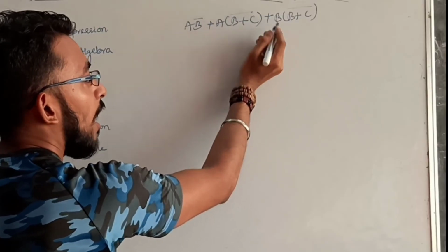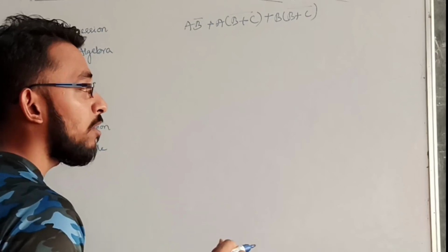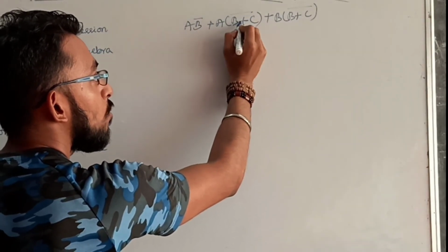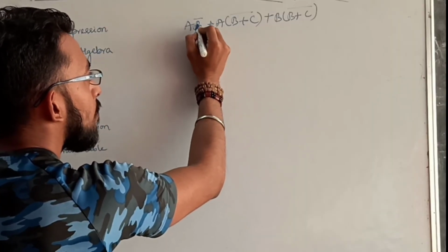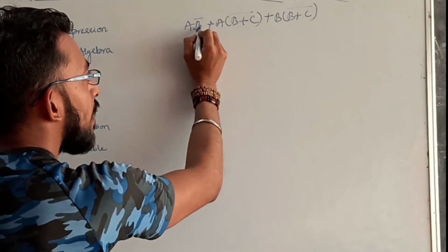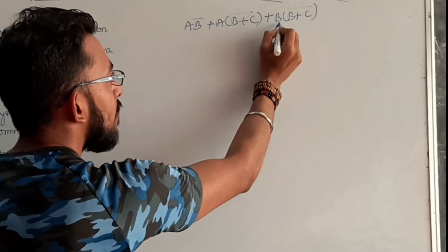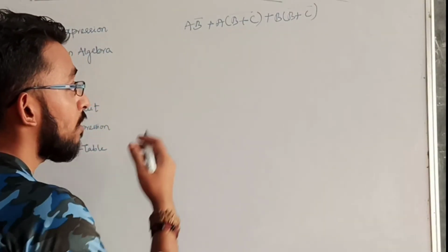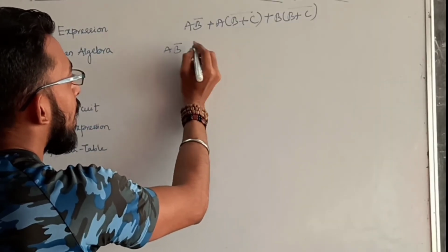One is this one. You can use AND, NOT, or you can use NAND, NOR. This is one gate B plus C, and there is one NOT operation. 2 gates. They are ANDed. 3 gates. Here it is one B bar, 4 gates. Here they are ANDed, 5. Here they are 6, 7, 8, and 9. So there might be 8 to 9 gates that have been used over here. So let's solve. What is A plus B bar?